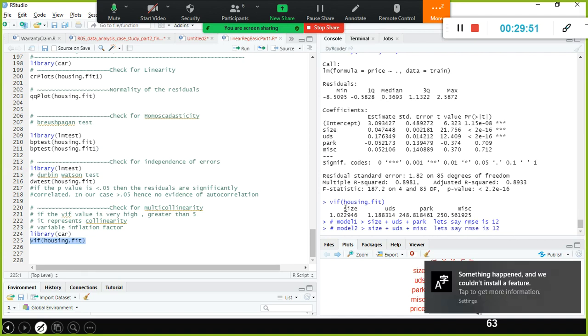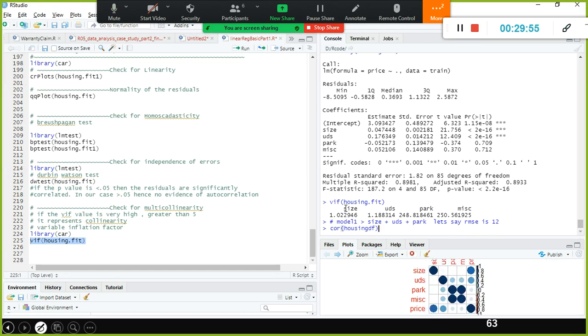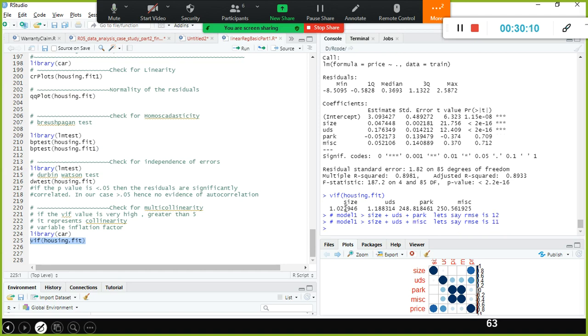Let's say the RMSE is 11, and I'm going to say MISC here. Sorry, this is model 2. This is model 1, model 2. Of these two, which one is better? Model 2 is better.